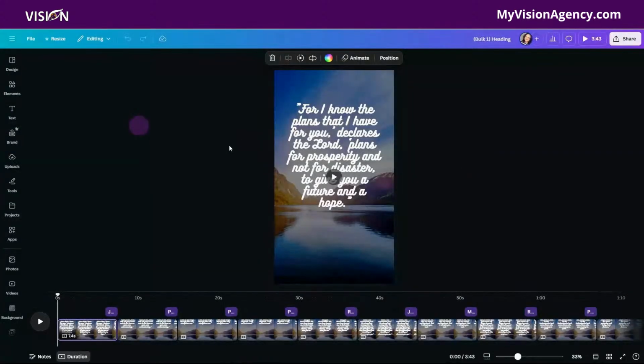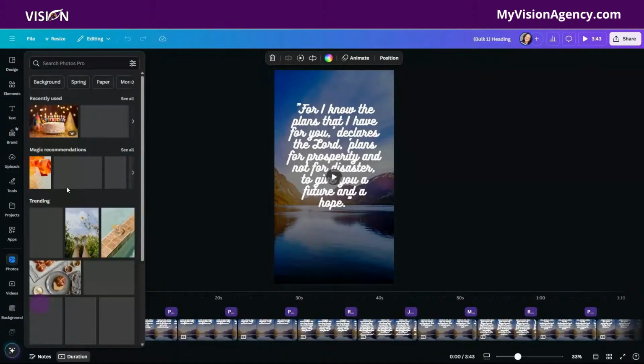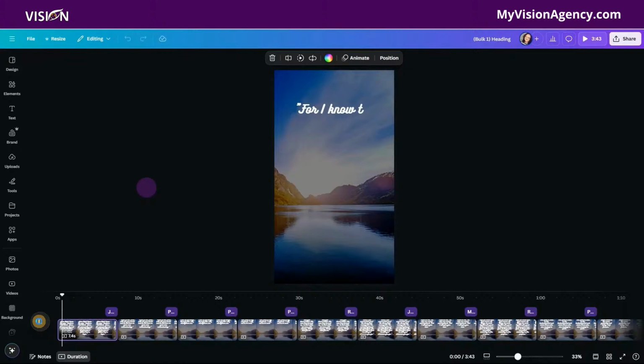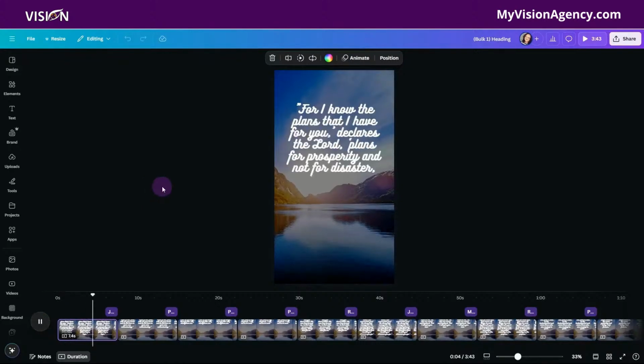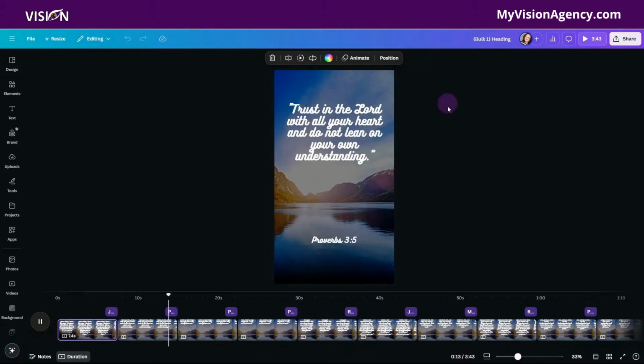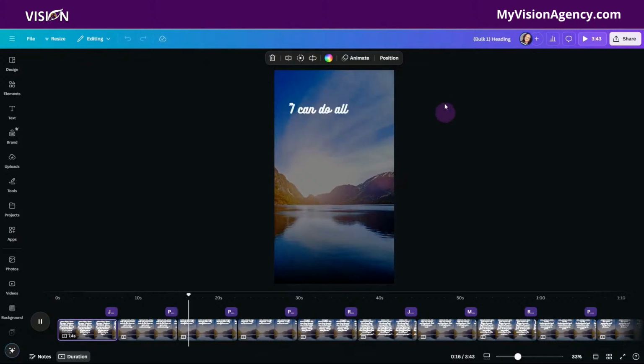Okay, so now if we scroll through here, you'll see that it's actually created one whole video. So what you want to do is scroll through and make sure that everything is lined up like you want it to be, that the timing is right. If you wanted to change the backgrounds at this point, you could do that. You could also add different audio to each one if you did want to do that. But just make sure to scroll through and just make sure everything's lined up and the words aren't running off